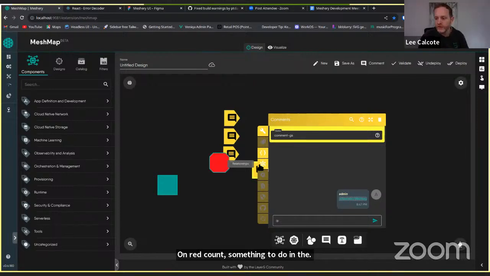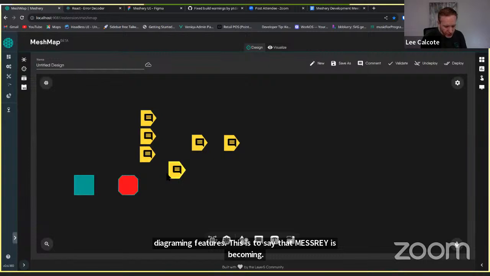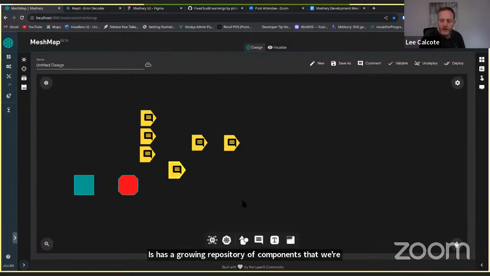And then the other thing that I thought would be great for people to see, and part of the reason we're dragging out this particular discussion, is that I don't know that a lot of people have had a moment to check out the whiteboarding features or the diagramming features. This is to say that Meshery has a growing repository of components, that we're going to talk about in a little bit, that don't directly represent your infrastructure.